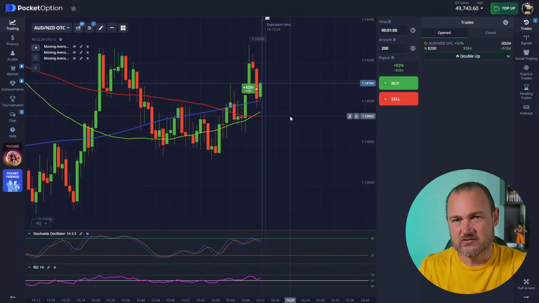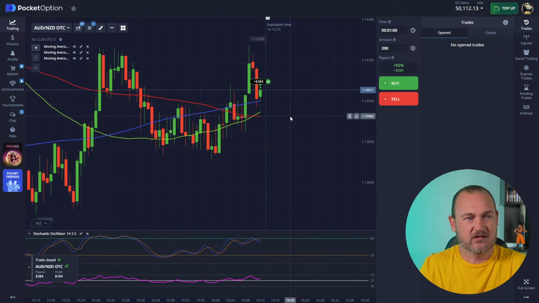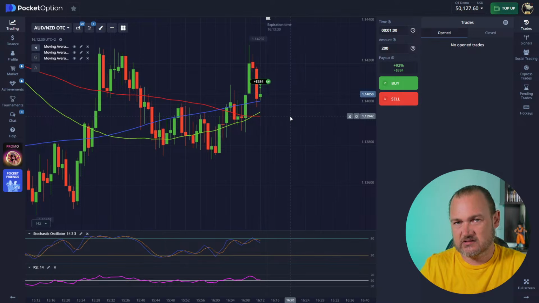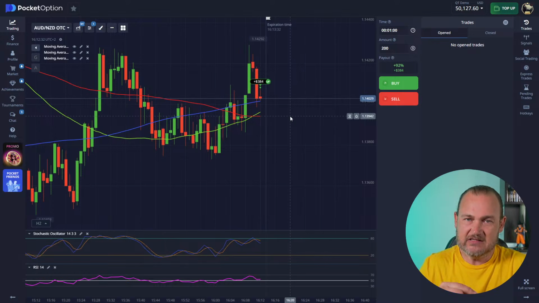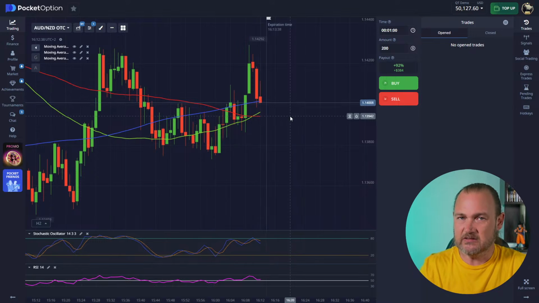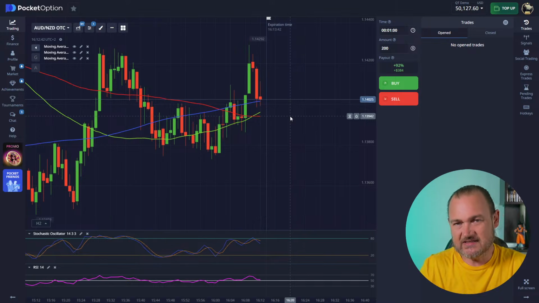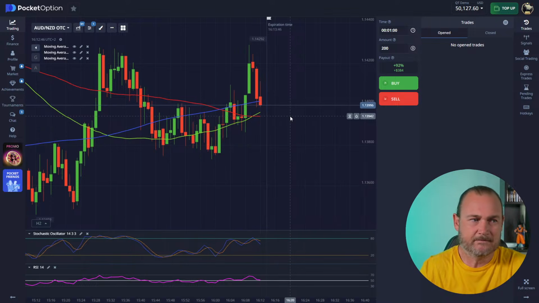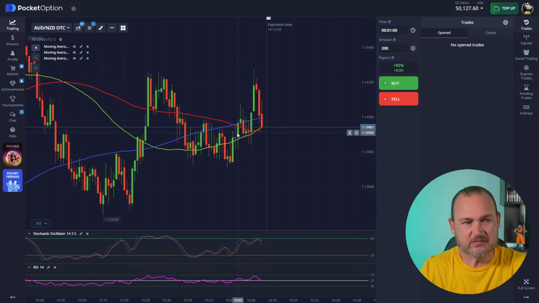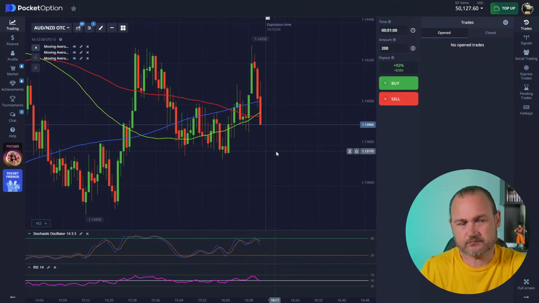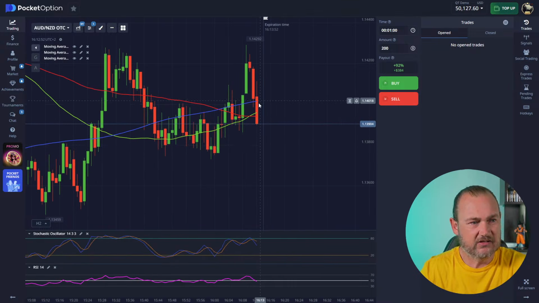It is absolutely crucial that you understand that you cannot simply, immediately after you lose a trade, take another position on a martingale for the same trade, for the same entry that you got from your strategy, because all you're doing is doubling down on a losing trade. Yes, you're going to get lucky sometimes and it's going to work out, but there are going to be